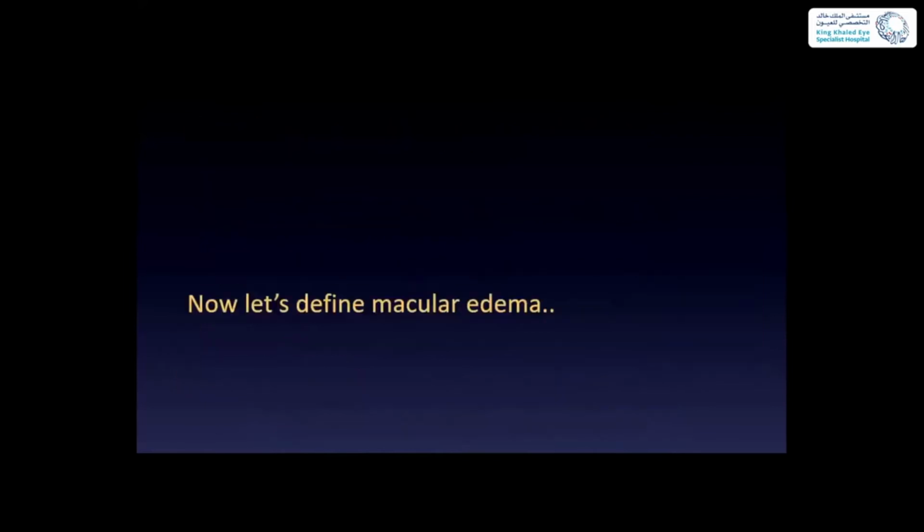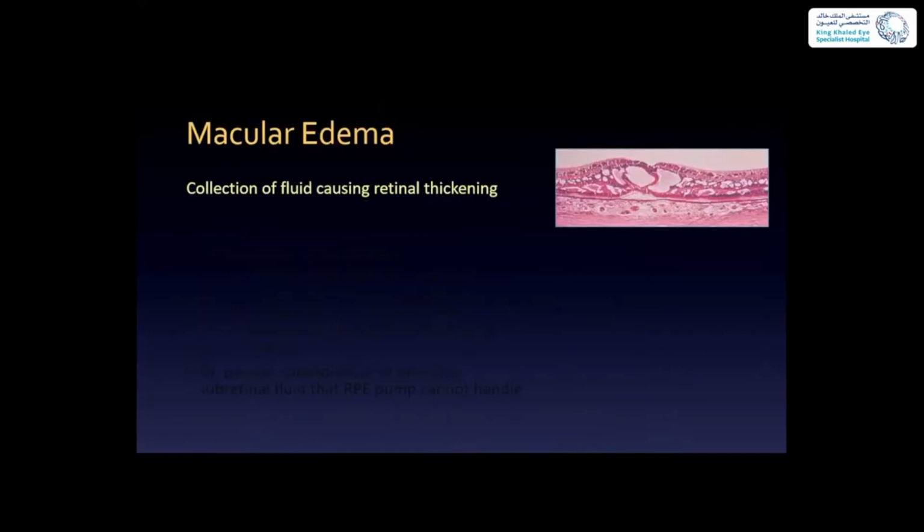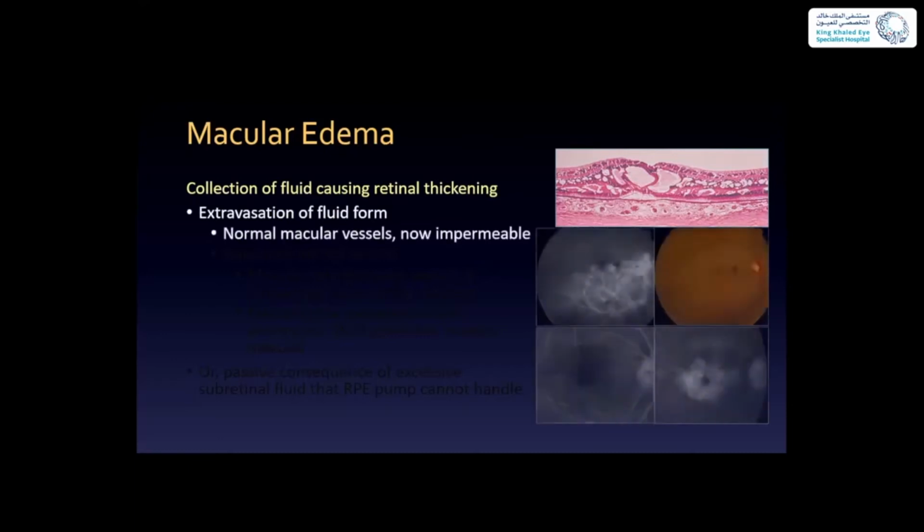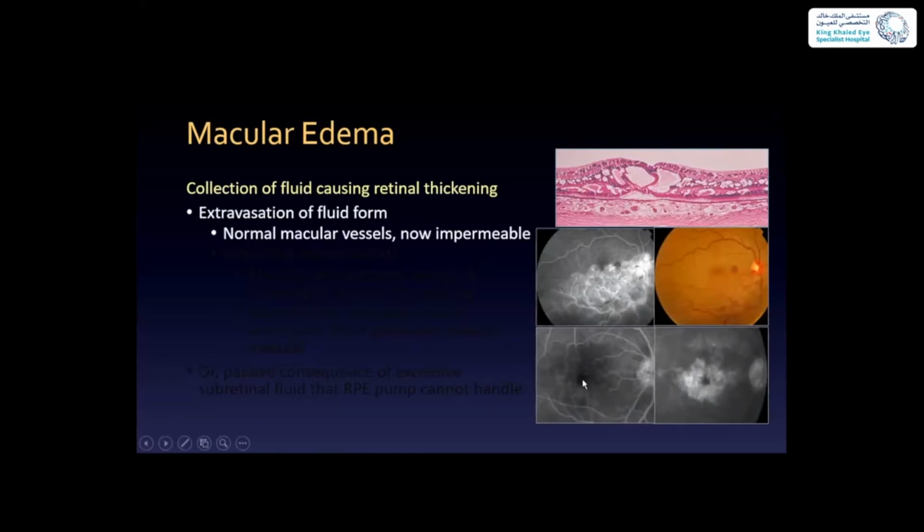And now let's define what macular edema is. In simple terms, macular edema is a collection of fluid that causes retinal thickening. This collection happens inside the retina in specific layers, particularly the Henle fiber layer, or at least that's where it should start. It can be caused by extravasation of fluid from normal macular vessels that, because of pathology, have become permeable, such as we see in a vein occlusion, where the vessels all leak because they're subjected to ischemia and poor perfusion, or as we see in certain inflammations where the capillaries